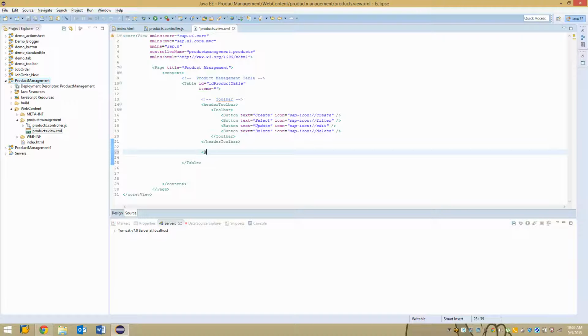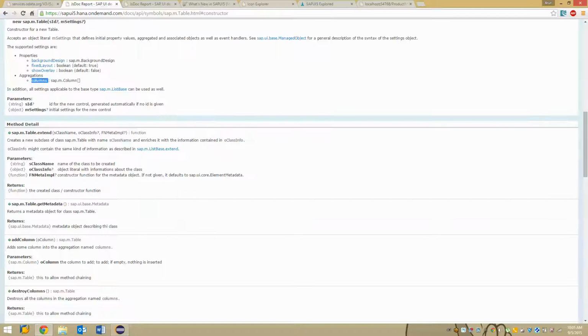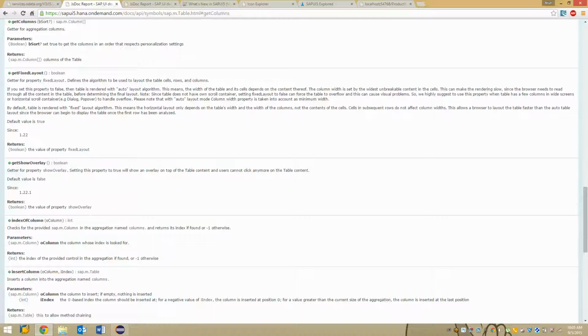So columns for the table, and in the columns aggregation I'm going to create the list of columns. This columns aggregation, you can see that it's of type sap.m.Column,